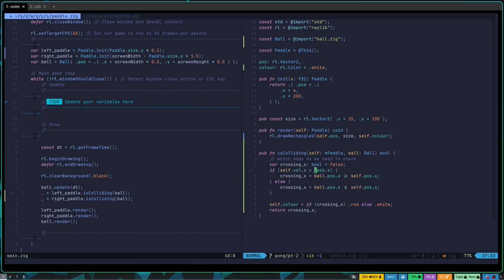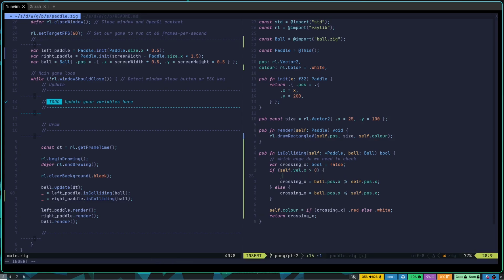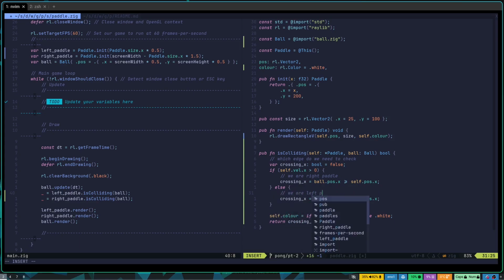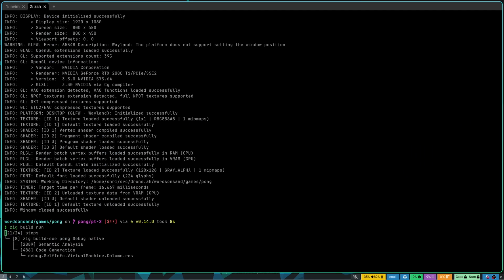So let's try that one, self.vel.x greater than 0. Then we want to check the right. Oh, wait. We are the right hand paddle, right? So what we want to do is, oh, right, because we're determining which paddle we are. We are right paddle. We are left paddle. So if we're the right paddle, then we're checking if the ball.pos is greater than our position. Okay, and let's try that. Probably won't work, but